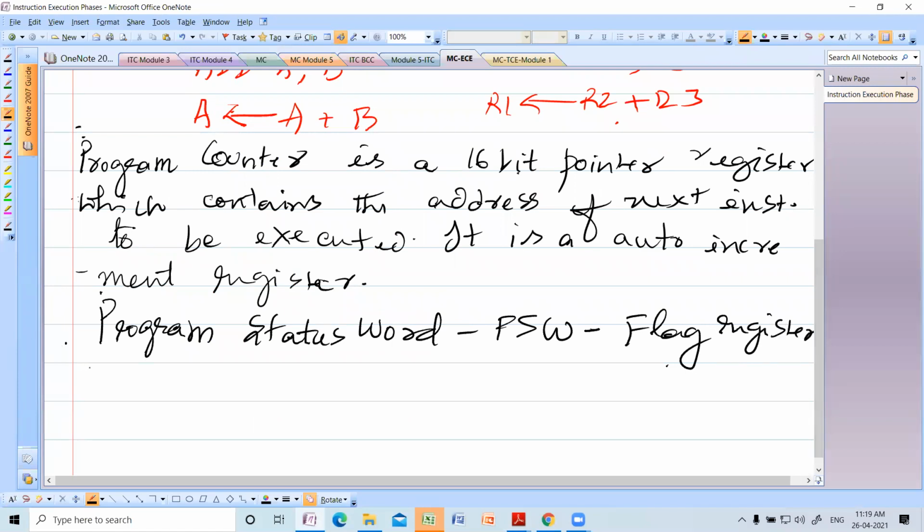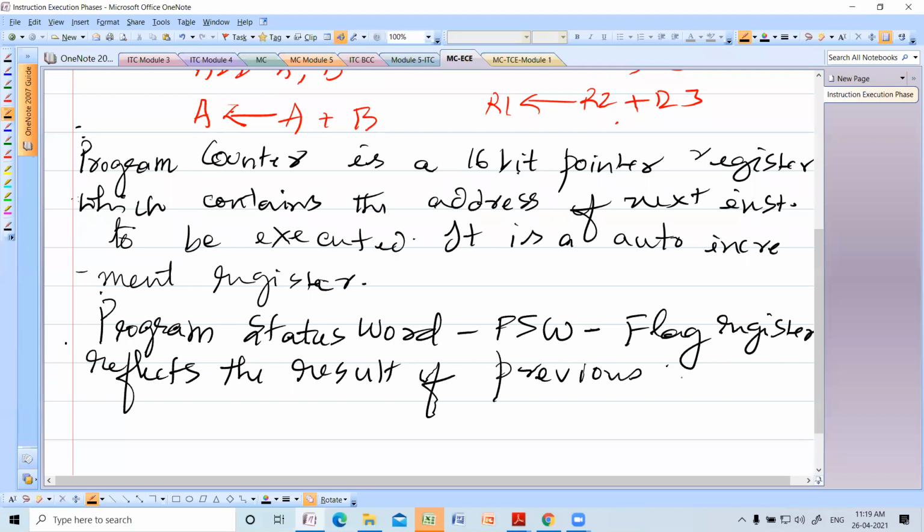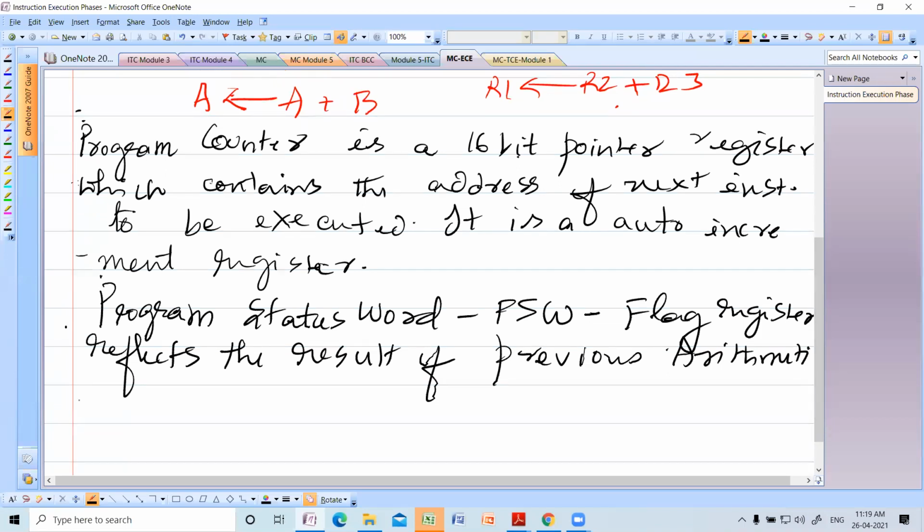It reflects the result of the previous arithmetic and logical operation. Very important.